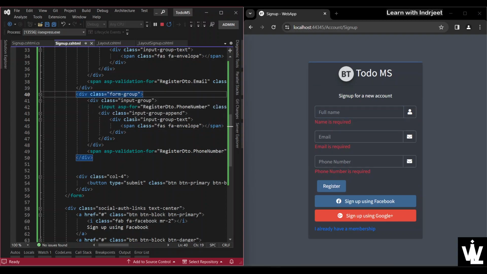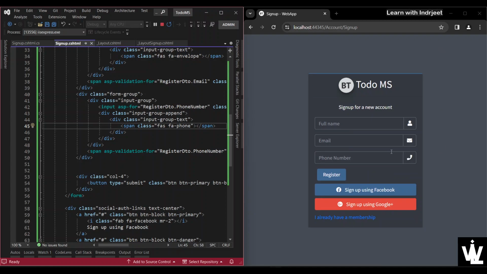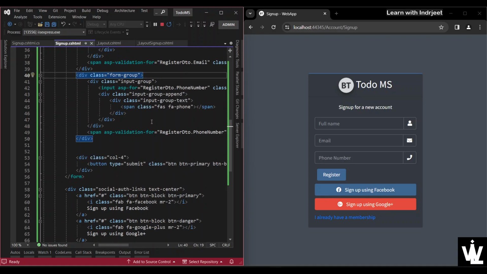Nice. Now what is the next property we have? We have the password and confirm password. So for phone number, we want to have the fa-phone icon. Let's save and see here. Let it refresh. Yes, so the phone number is there. Now for password, password. Okay,